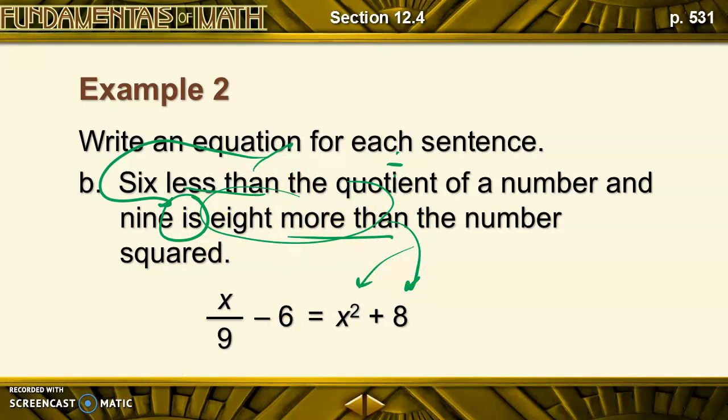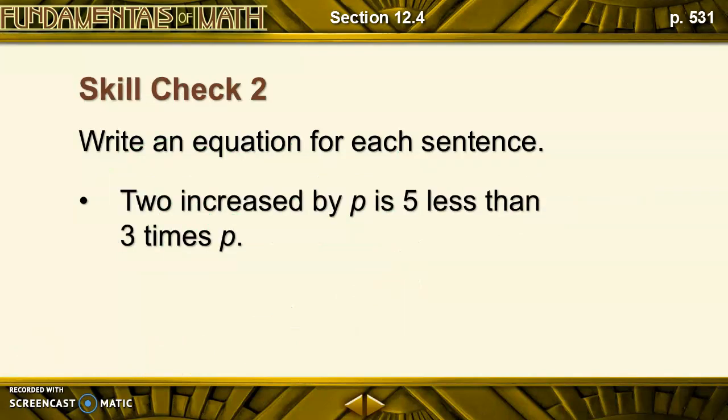We're just going to take this step by step. Step number 1, we find the equal sign. Step number 2, we interpret all the stuff on the left. Step number 3, we interpret all the stuff on the right. So our equal sign is the word is. All right, 2 increased by p is going to be 2 plus p